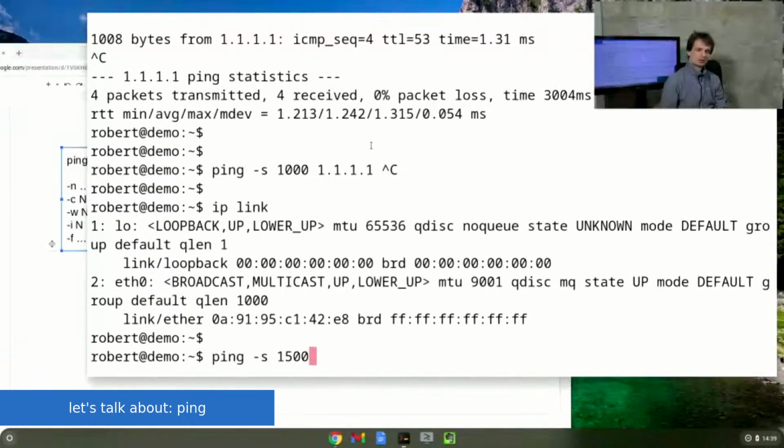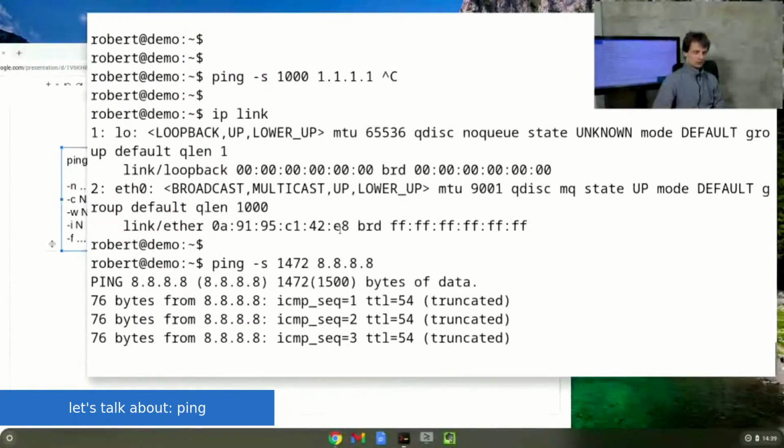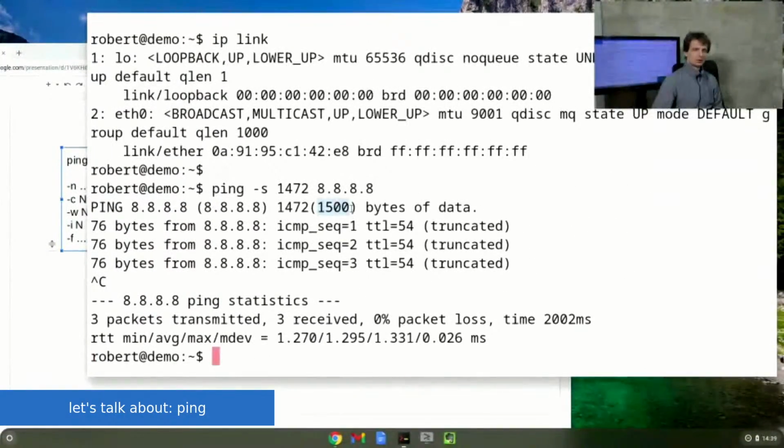So send a 1472 bytes payload with each packet to 8.8.8.8, for instance. And now you see we are really sending packets that are 1500 bytes big,